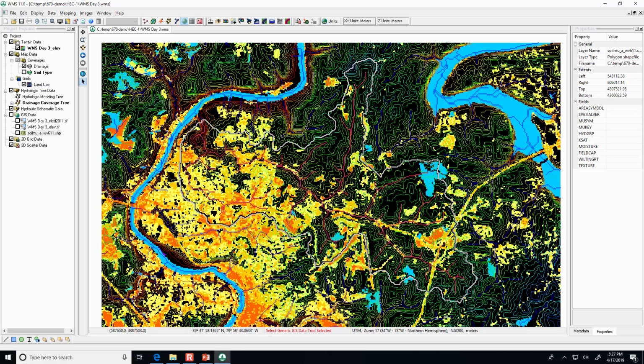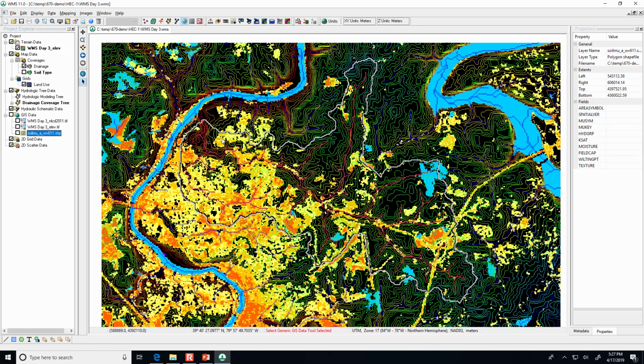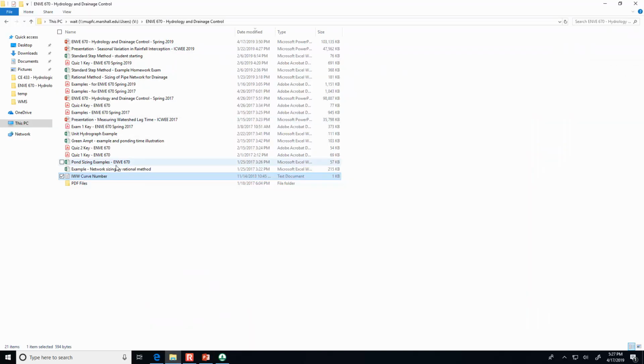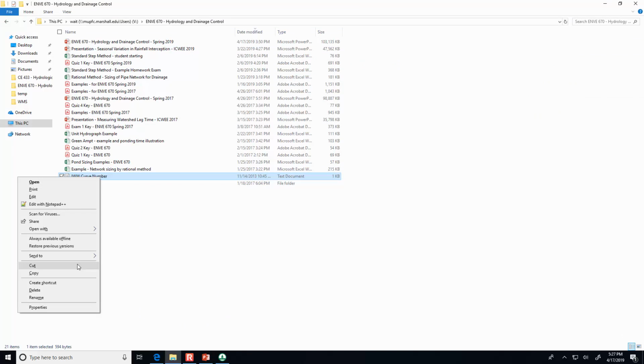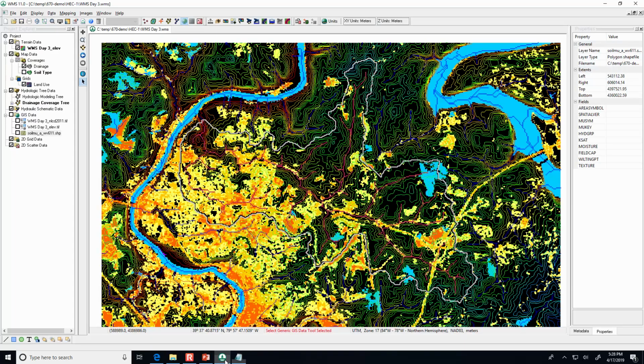Land use tells it whether, so this thing I just turned on, you can see that the yellow colors are in urban areas. And all of those colors are assigned a number, so from those colors we're going to know whether it is a developed area, whether it's water, whether it's woody, and all that sort of thing.